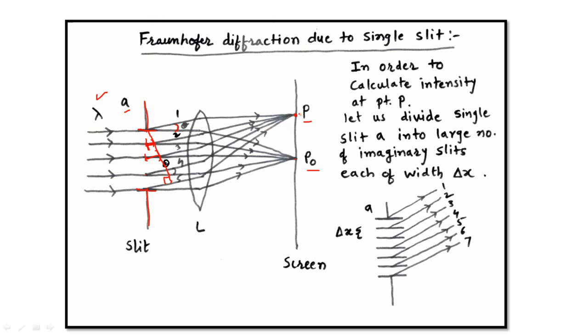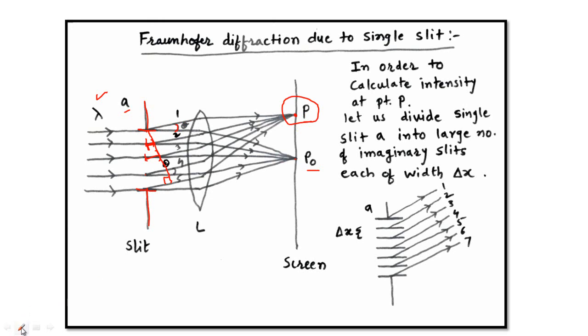When will it be a maxima? When the light waves originating from different parts of the same incident wave front, like 1, 2, 3, 4 and so on, have a path difference which is an integral multiple of the wavelength, then the intensity produced at point P will be a maxima. If the path difference between such secondary waves is an odd integral multiple of half the wavelength, then they will produce a minima, and hence the intensity produced at point P is a disturbed intensity. So we are interested in calculating the intensity produced at point P on the screen.